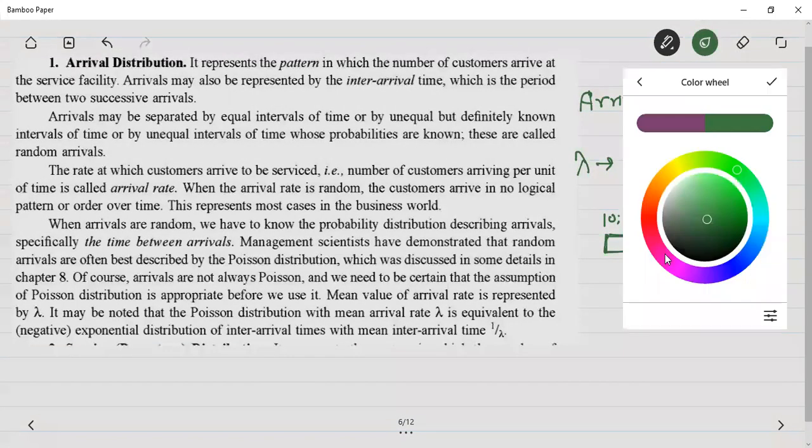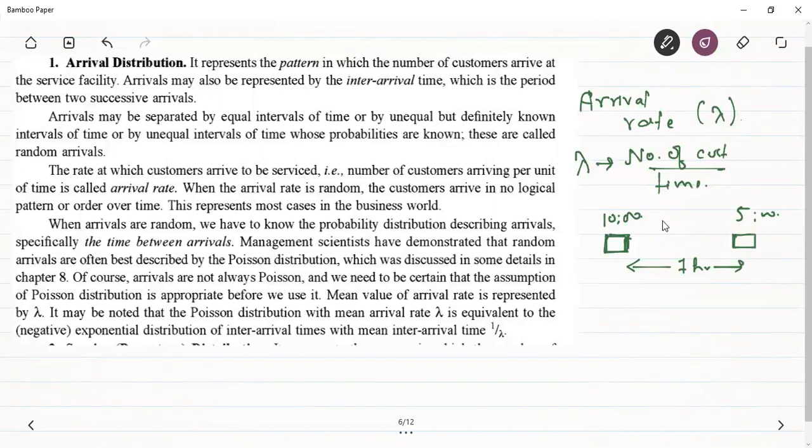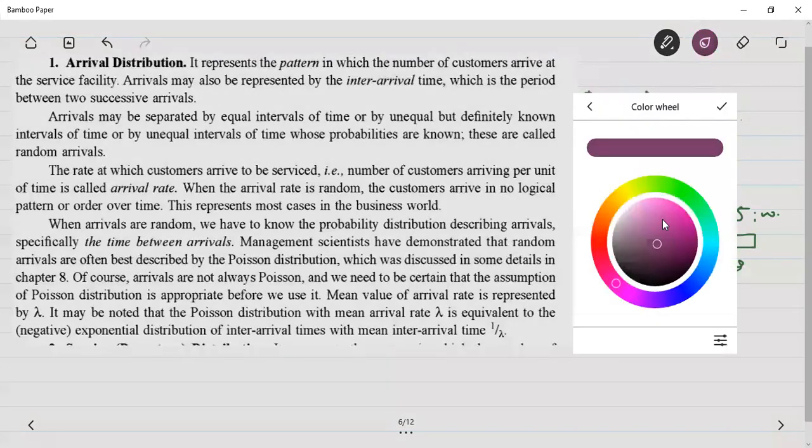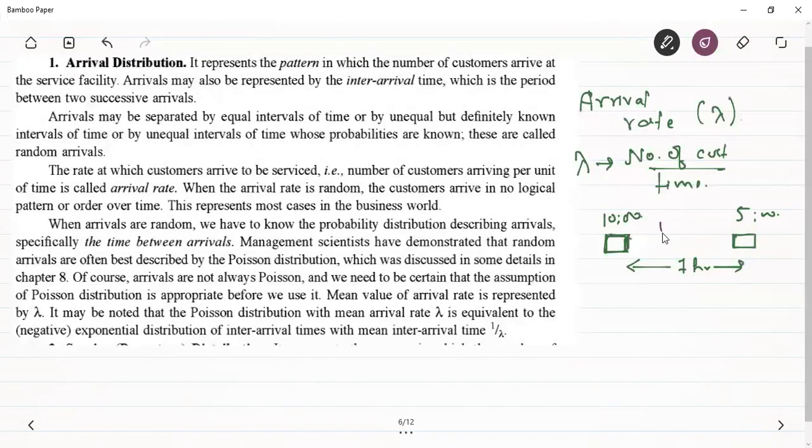So यहाँ पे जो observation कर रहा है, कोई बंदा यहाँ पे observation कर रहा है, he says that 140 customers have come during this time. 140 customers have visited the ATM during this time. Then we can say that the arrival rate here is equal to the number of customers visiting और कितने टाइम में ये कस्टमर विजिट हो रहे हैं. So this will be equal to 20 customers per hour.